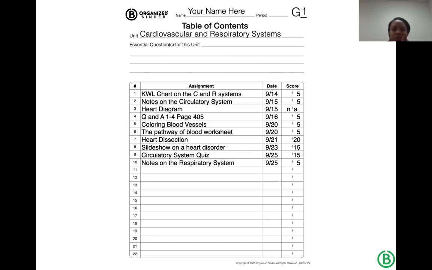And I get better as a practitioner year after year after year if I can look back on both my daily lesson planning and my unit sequencing. That's why we have a class sample binder. Every teacher would have their own sample binder that they're modeling for students. It takes them just a few minutes a day to create.